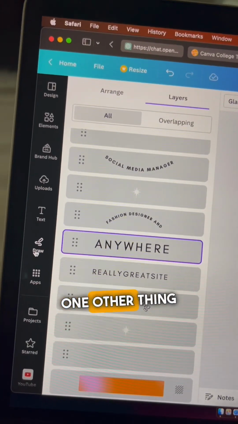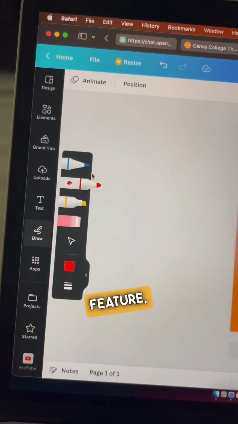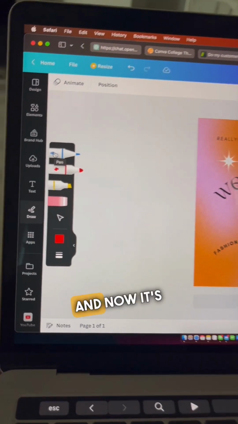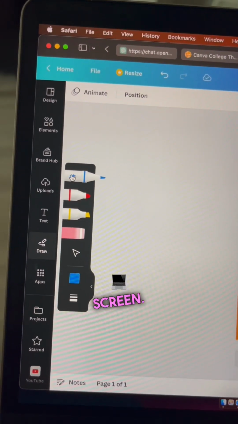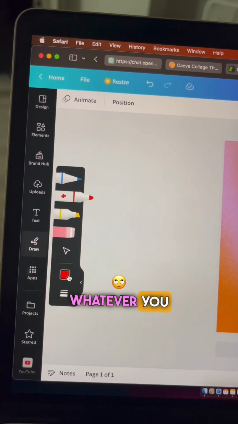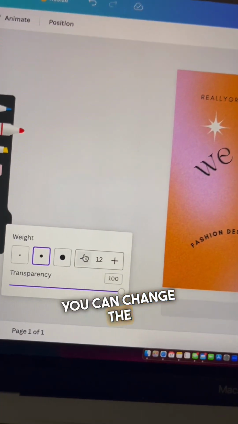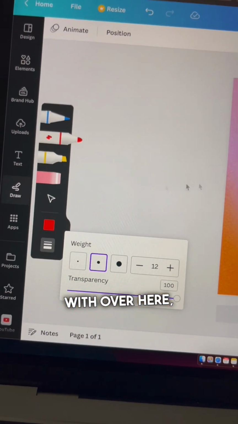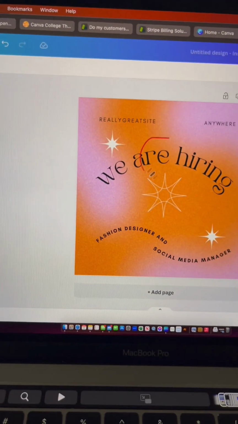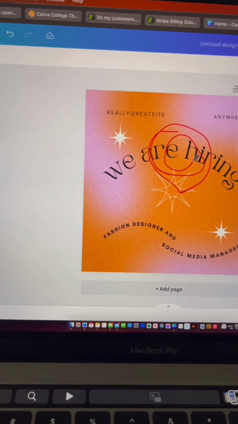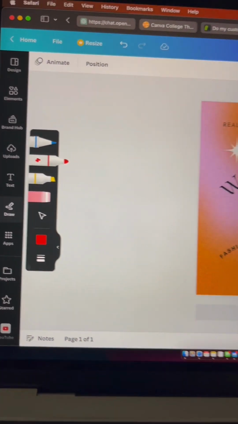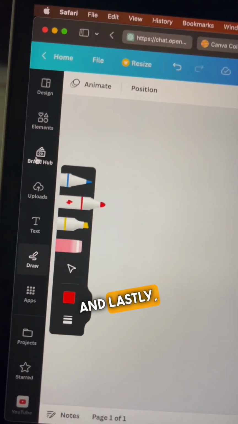And I noticed one other thing that's new, this draw feature, and look. So it's out of beta and now it's fully on the screen. Okay, so you can choose whatever you want. You can change the transparency and the weight and what you're trying to draw with over here. And then you just come in and, yay! So we now have the draw and we have the layers,